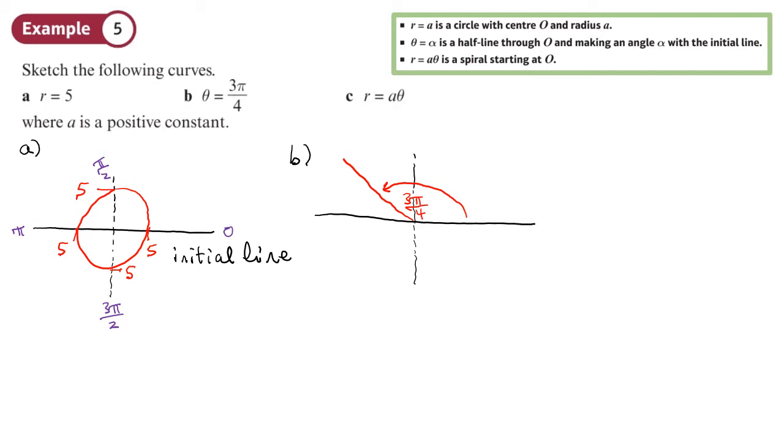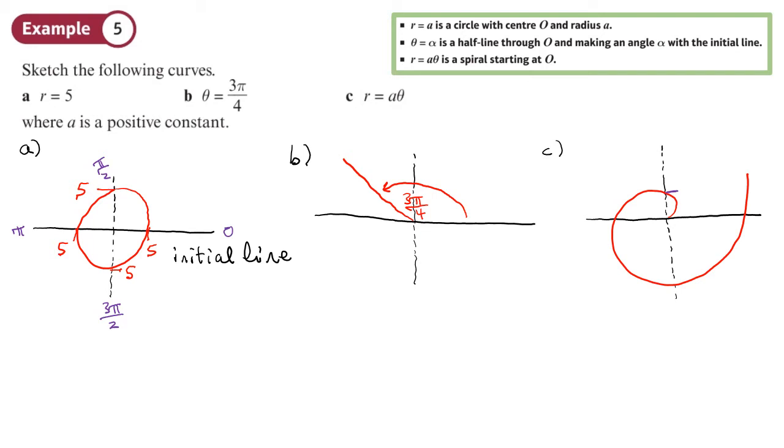And the last one, C, this is just a spiral. So there's our initial line. There are our angles, pi over 2, 3 pi over 2, and we just draw a spiral spinning out of control like that. And these values where it crosses the axis, it's just going to be whatever the angle is times by